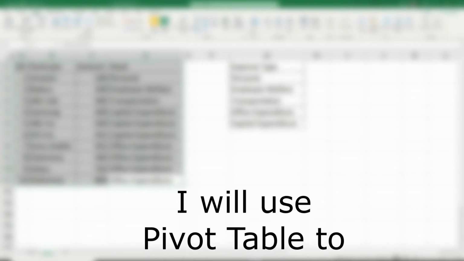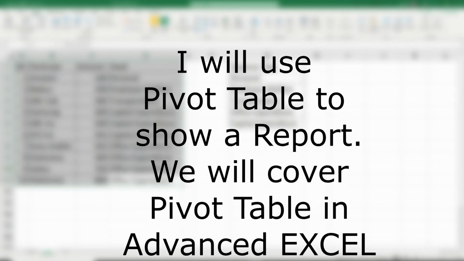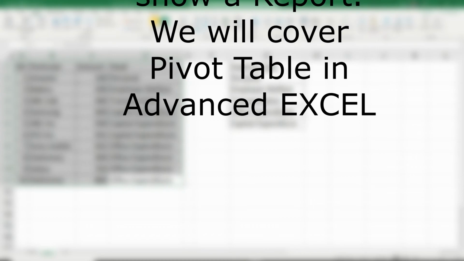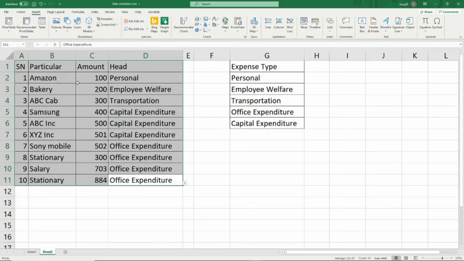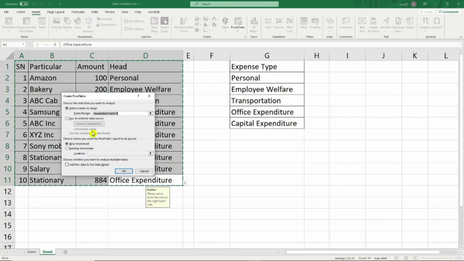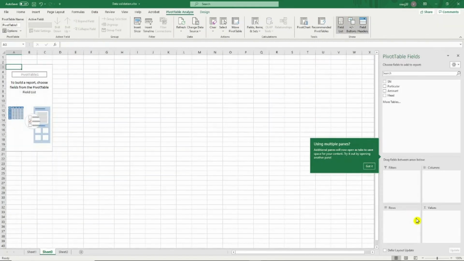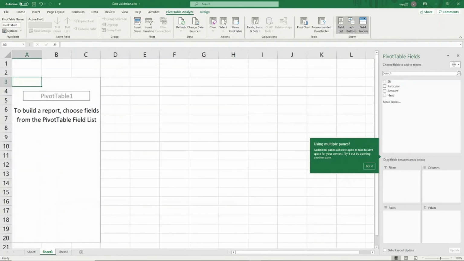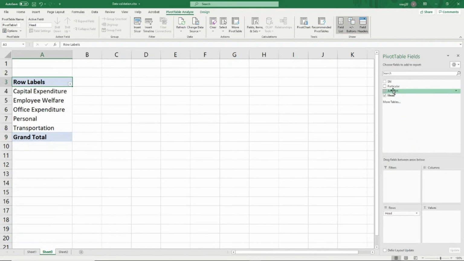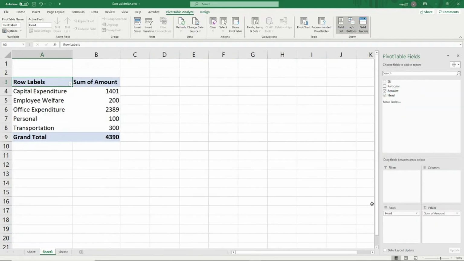In case I wanted a small report for this particular data to see how much money have I spent in capital expenditure and how much money have I spent under the transportation or any other head, let me very quickly insert a pivot table in a separate sheet. Here I can go and select the head in the rows and the amount in the values. Now you can very easily see that under transportation I have spent rupees 300, office expenditure I have spent 2,389